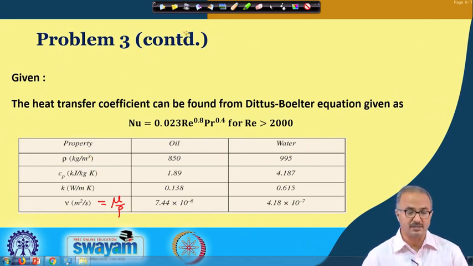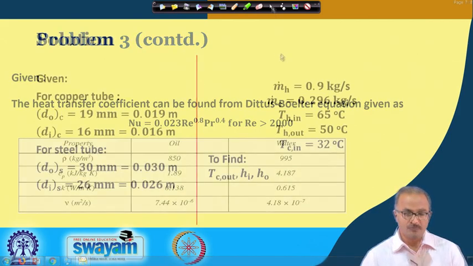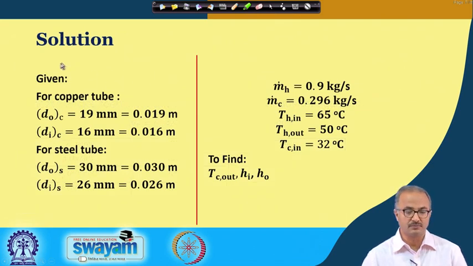And one thing you must take care of is that here Cp is given in kilojoule per kg, whereas k is given in watt, not kilowatt. So, you will find that in our problem solution sometimes these two things will come together. At that time you should first convert either kilojoule to joule or watt to kilowatt, okay, before you start solving the problem. Now, we write whatever information is given to us in the problem.